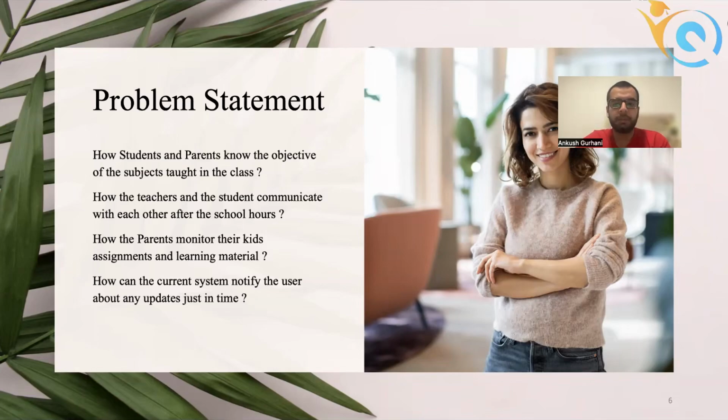The problem statement: students are not able to communicate clearly what they have studied in a lecture or a class to their parents when they have to guide them for their respective homeworks or assignments. So we came up with a learning management system which would catalog all the assignments and the topics they are covering in the class each day.